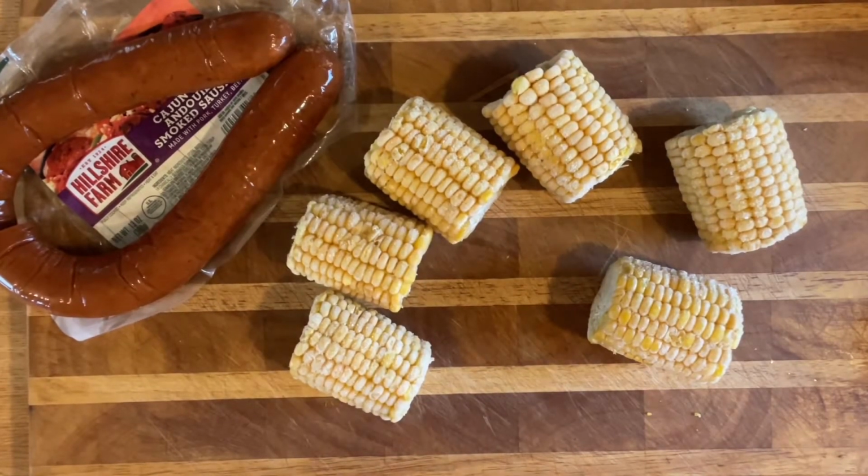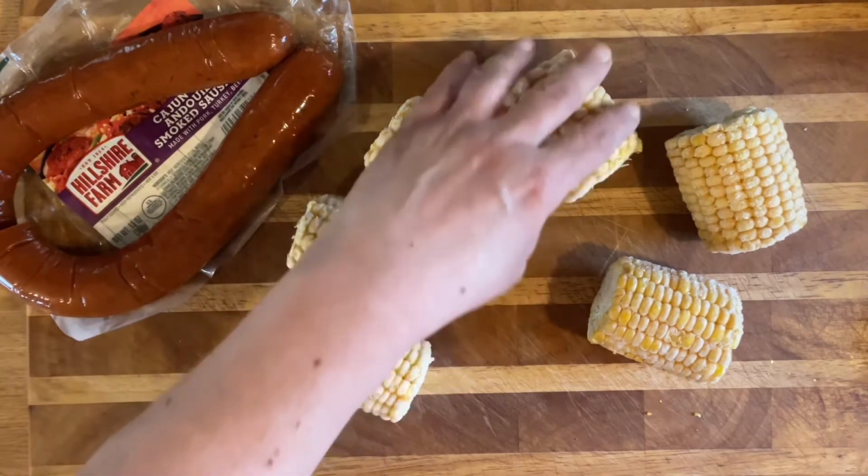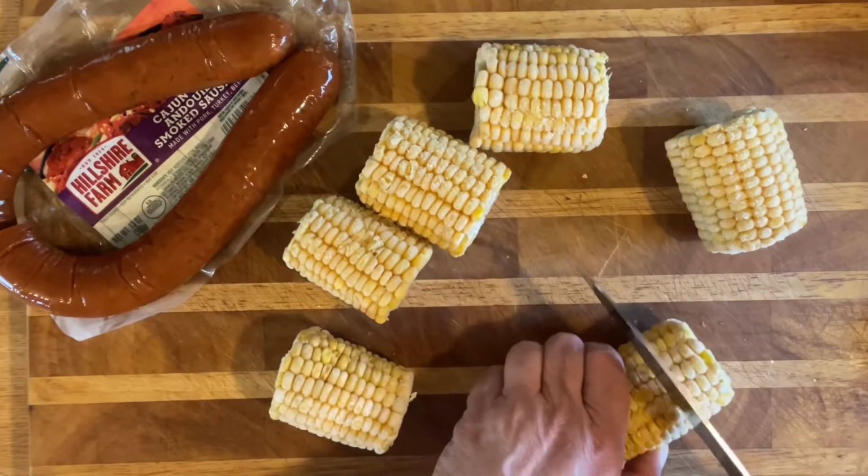Okay, so I put the eggs on to boil. I'm going to boil them till they're hard boiled. I put the potatoes on to boil, wash them, put them on to boil. And then I have frozen corn, and I'm just going to cut these